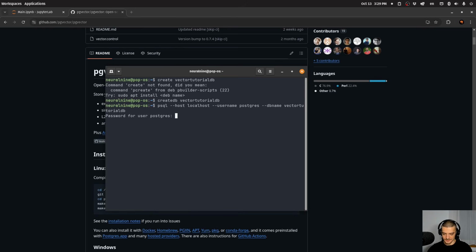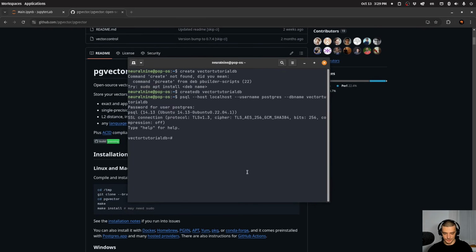And then it's going to ask for a password, in my case, Postgres. And now I'm in the database here. So I can look at this. I don't have any tables here. And what I want to do now is I want to create the extension. So I want to actually